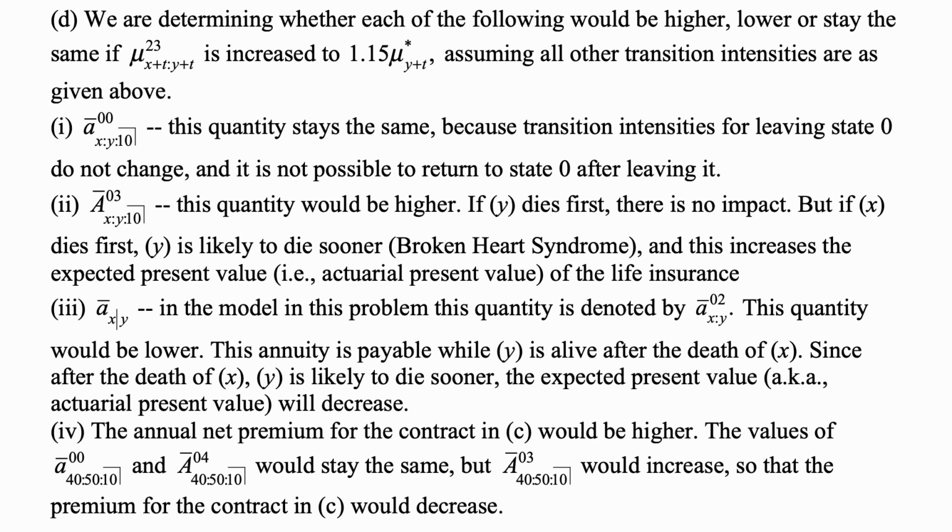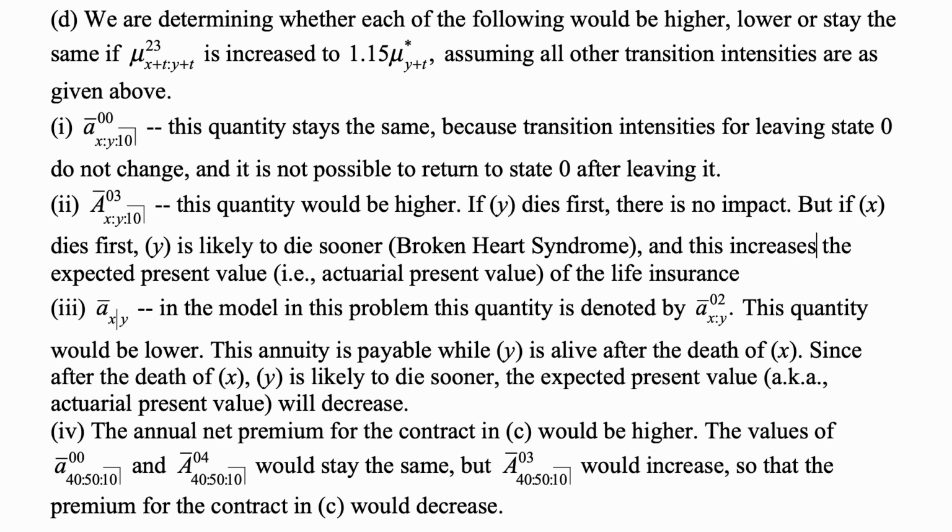A bar x vertical line y, in the model in this problem, this quantity is denoted by A bar x colon y 02. This quantity would be lower. This annuity is payable while y is alive after the death of x. And it's called a reversionary annuity. It starts paying once one of them dies to the other one, as long as the other one lives beyond the first death. And again, it's called a reversionary annuity. Since after the death of x, y is likely to die sooner, the expected present value, or actuarial present value,